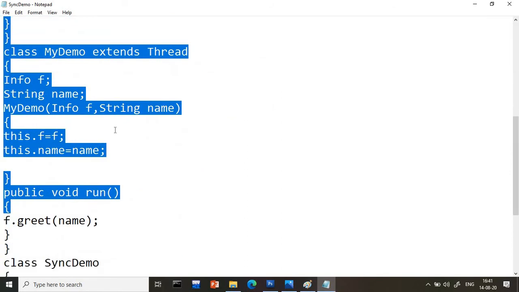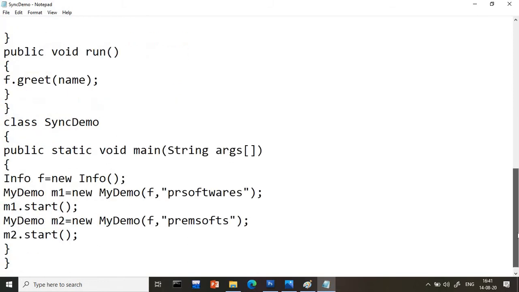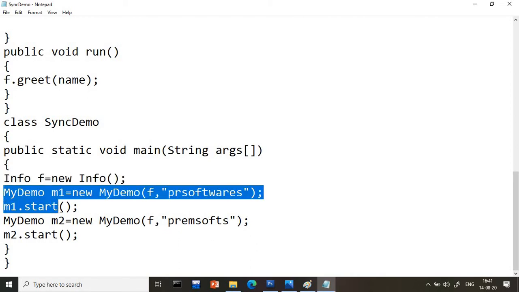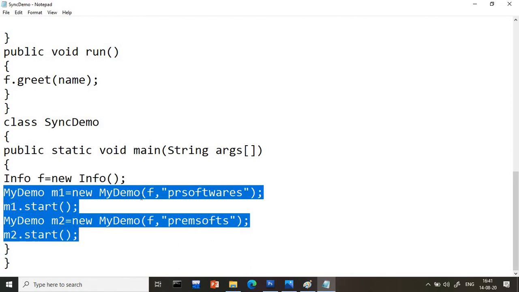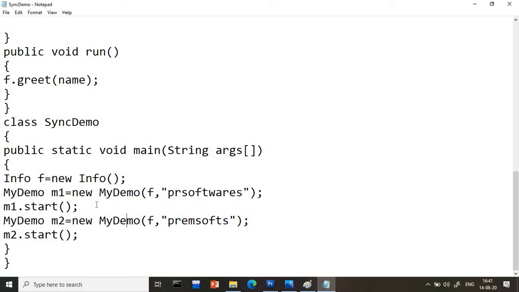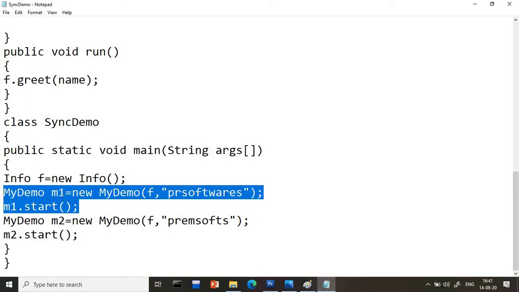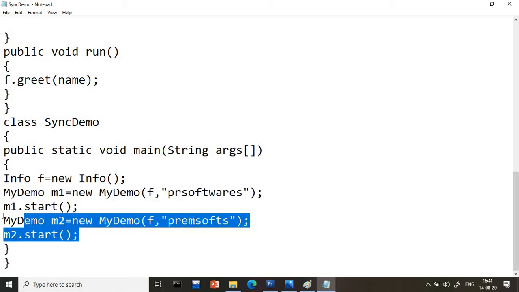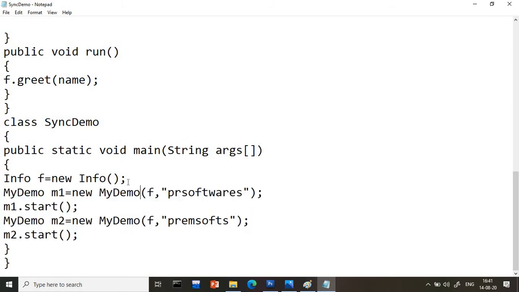In the info class I had the detail method, and here we had the synchronized demo. What we were doing was creating only one info object, and passing it to these two things, M1 and M2. So whoever gets the task first, only that task will be completed, then only the second thread will get a chance, because in this thread I am passing the object of only one class.